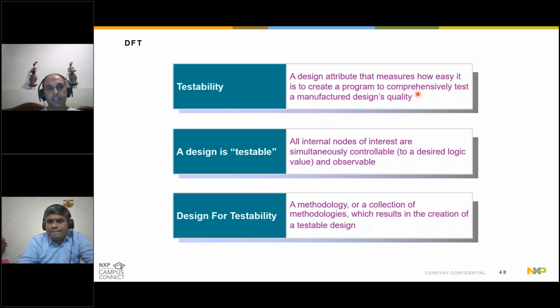Now testability is an aspect of how you can reach each of these nodes in your design, and how you can control the stimulus going out to every node in the design. And if you are able to stimulate that node and capture the fault, how you can propagate the faulty output all the way to your chip IOs, right? That's ultimately what DFT is all about, making every node completely controllable and observable.